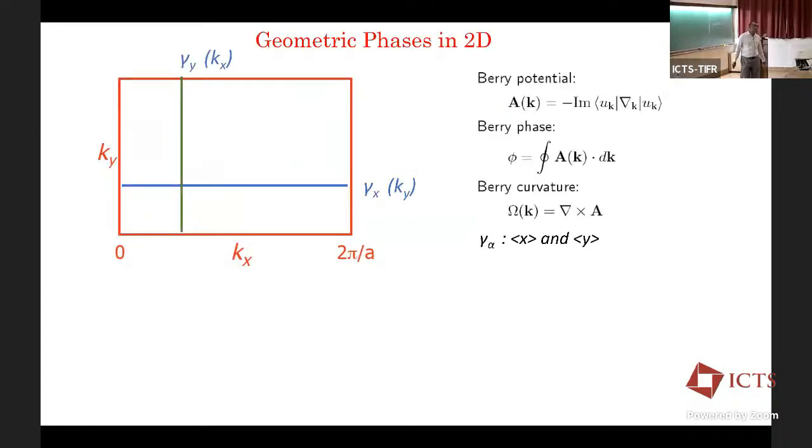If you have a two-dimensional system, this becomes more interesting because you can have that integrand, integral along the x direction as well as the y direction, and you can develop Berry phases gamma x and gamma y in 2D. And once you have that, the Berry connection becomes a vector, and the Berry curvature is a curl in reciprocal space of the Berry connection, and gamma alpha basically are the expectation values of the x and y